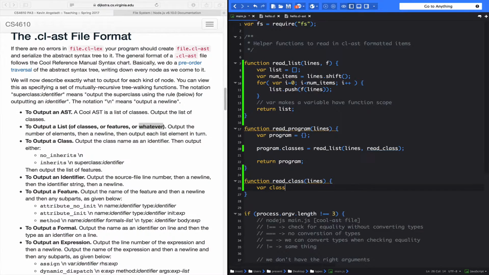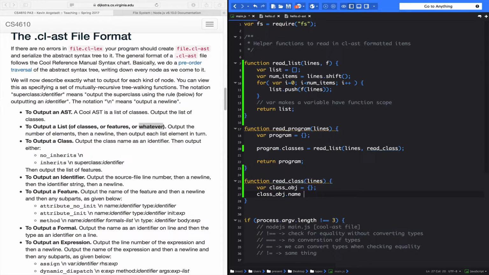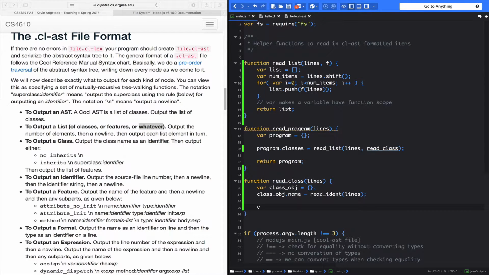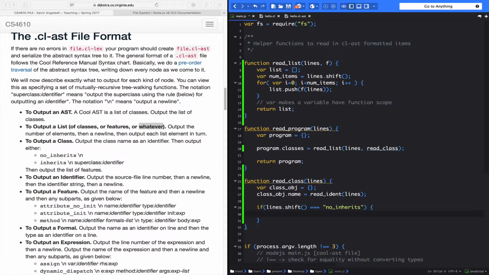So let's read in a class here. We need some sort of class object to be populating. Class object.name equals, that's going to be an identifier. So why don't we write in an identifier? We'll need lines to pass to that to read it. And now we need to check whether or not this inherits. So why don't we shift a value off of the lines array, and if it equals no inherits, we might say that